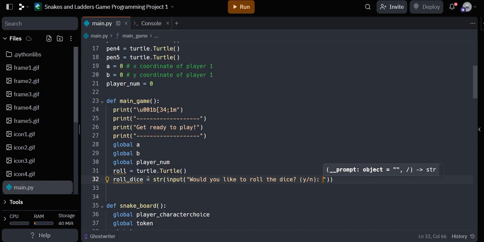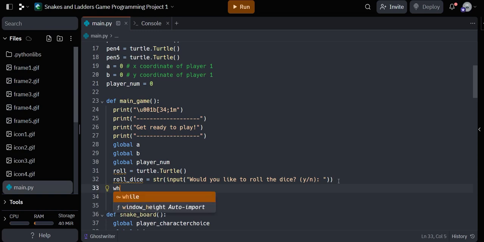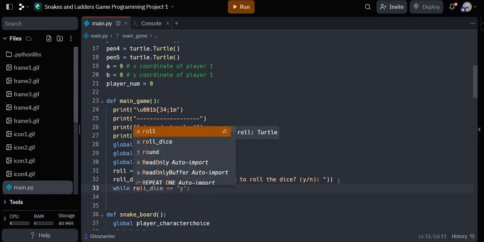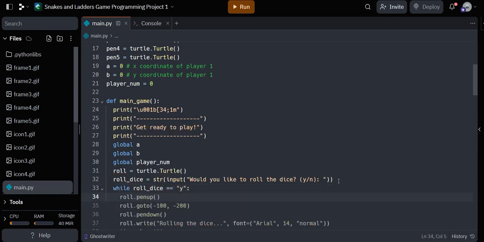That's where we get to use these frames so we can create that animation of rolling the dice as long as they keep saying yes. So we're just going to start that off. Because we have 5 frames in total, we're going to roll this using a while loop. So we're going to say while roll dice equal yes, then we're going to come down